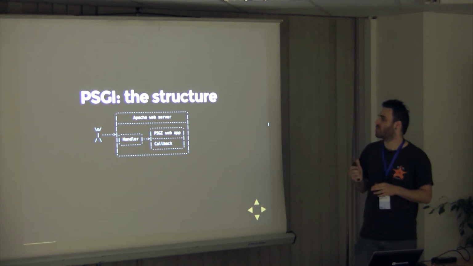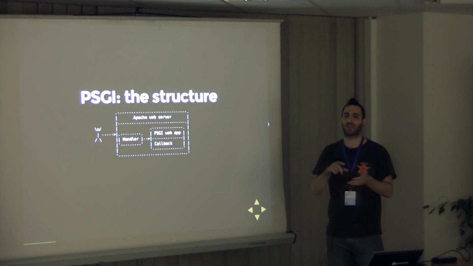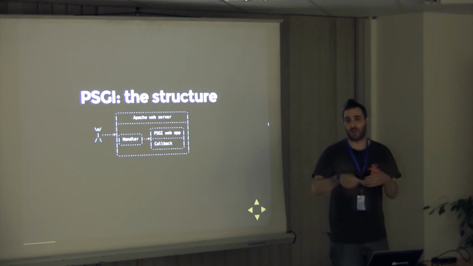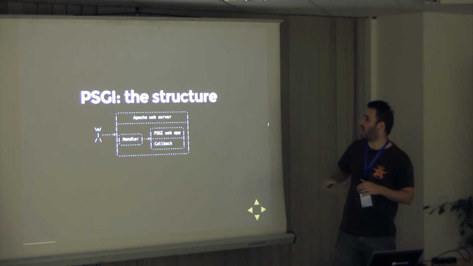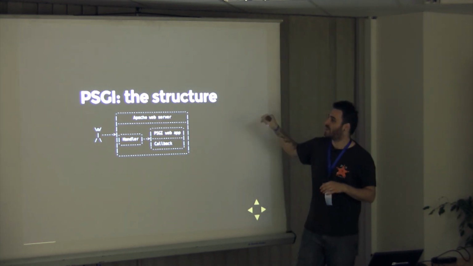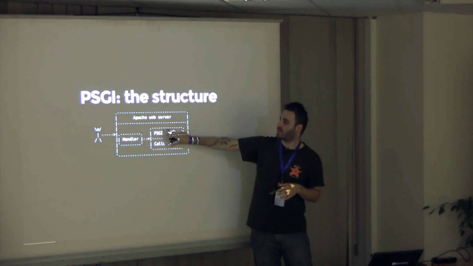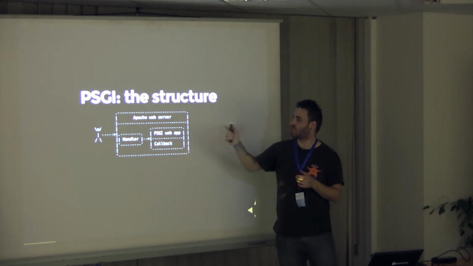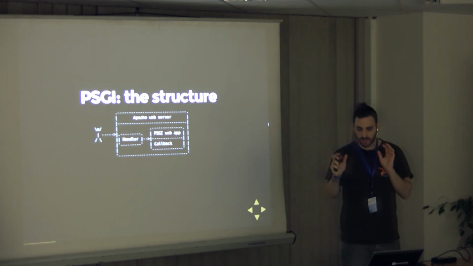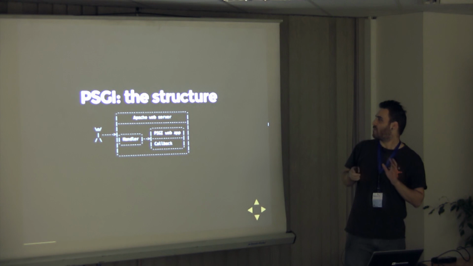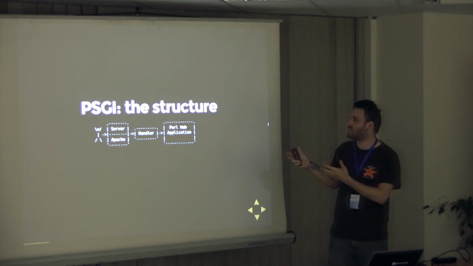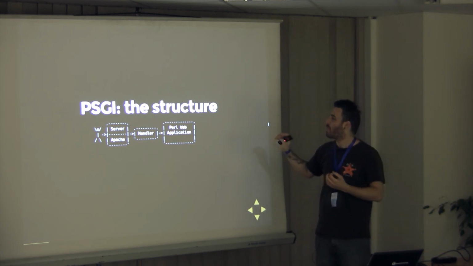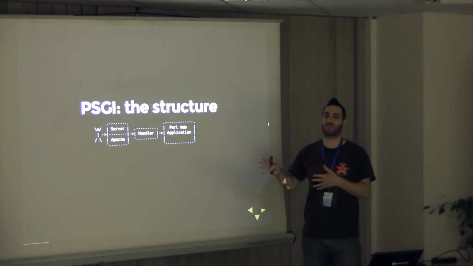This is a structure that we're more used to with time, which is kind of like mod Perl, mod PHP, mod Ruby, mod Python, what have you, where what we have is the Apache web server that internally runs an interpreter. It calls the interpreter internally, which goes to an application. And if you take a look at the problems that we have with these, in this case, this is like CGI, FastCGI.